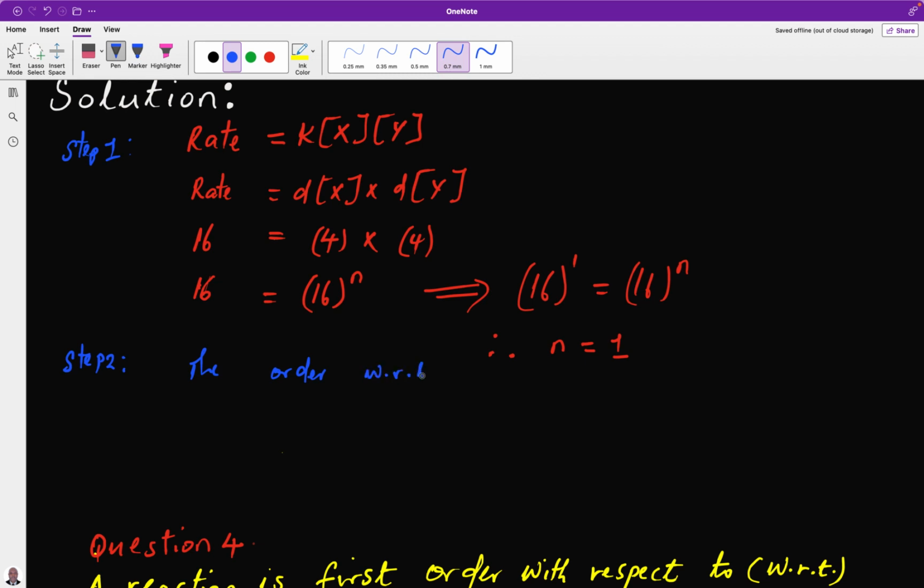The order of reaction with respect to X and Y is equal to what? 1. The order of reaction with respect to X and Y is 1. Therefore, step 3, the rate equation. Our rate equation now will be